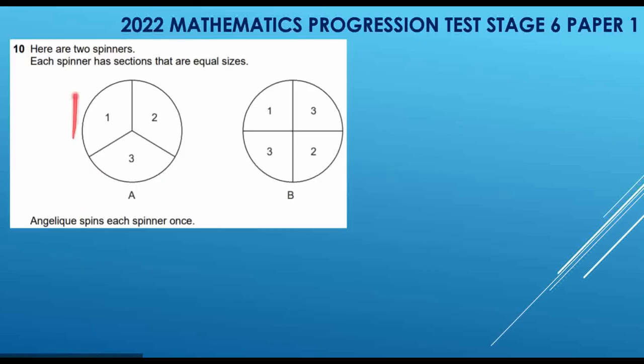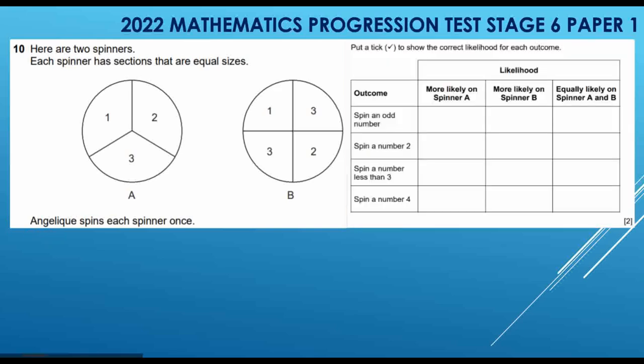Let's continue with question 10. Here are two spinners. Each spinner has sections that are equal size. 1, 2, 3, 1, 3, 3, 2. Angelique spins the spinner once. Put a tick to show the correct likelihood for each outcome. Likelihood, outcome: spin an odd